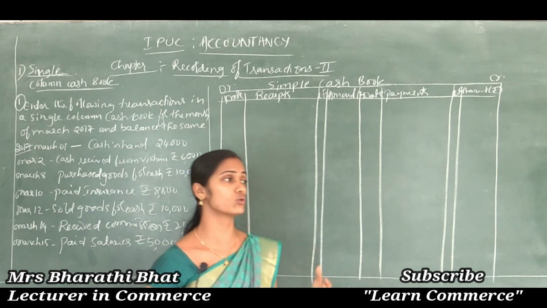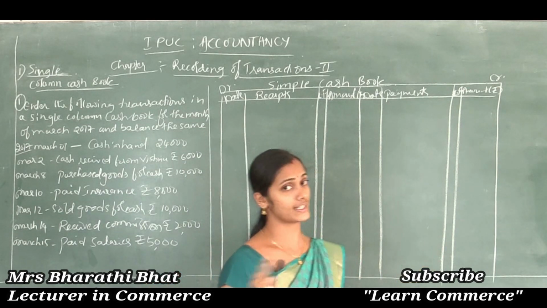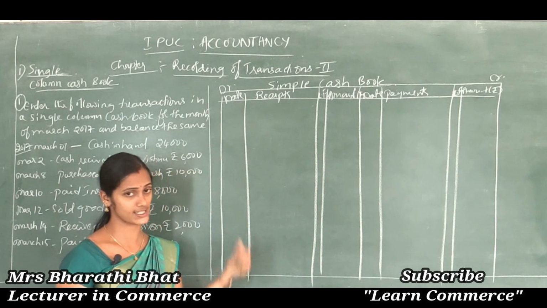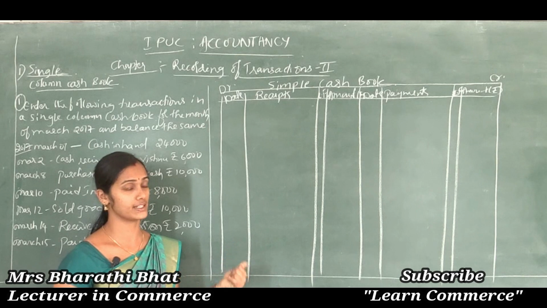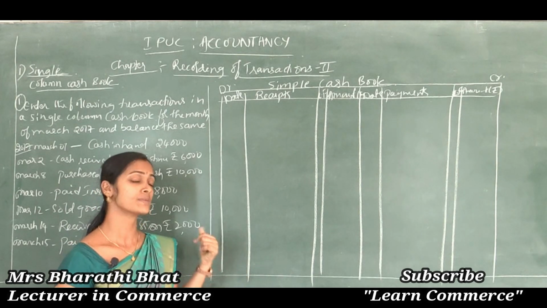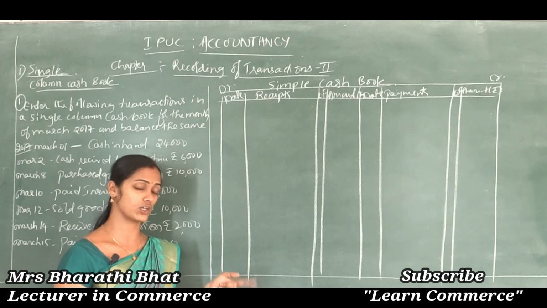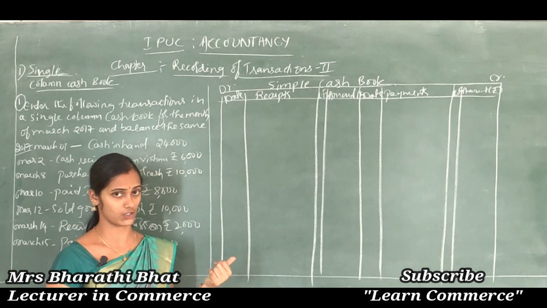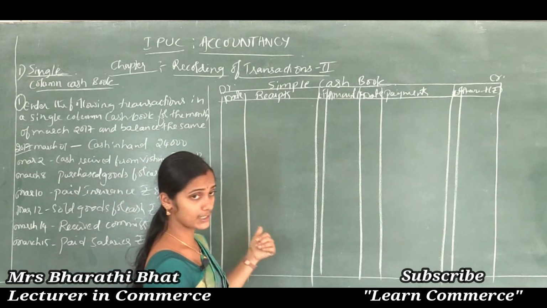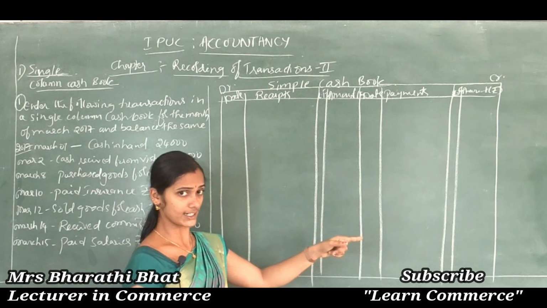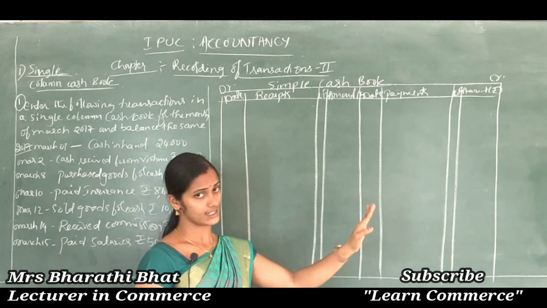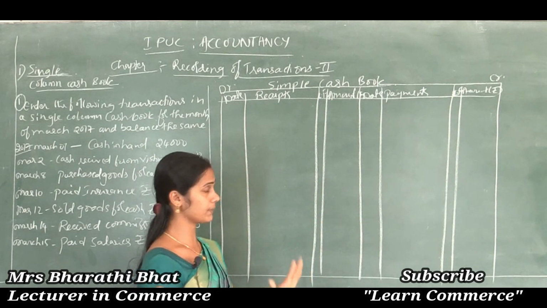Say, for example, goods sold to Ram. That transaction is considered a credit transaction. We cannot record that transaction in this cash book, because we can record only cash related transactions, both in the double column cash book and the simple column cash book. Receipts come under the debit side and all payments come under the credit side, which means all inflows on the debit side and all outflows on the credit side. This much is very important.